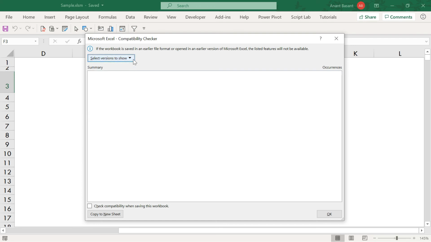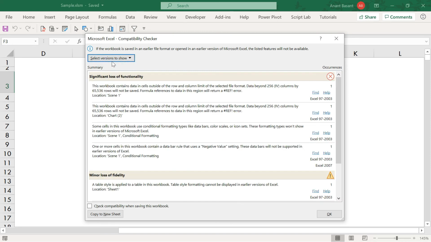If you remove Excel 2007, that means these versions support whatever you have in this file. Excel 97 and 2003 and Excel 2007 are the two versions which do not support all the functionality that you have in this file. So be careful while saving files in an older version, or check for compatibility before sending it to someone who is using an older version.